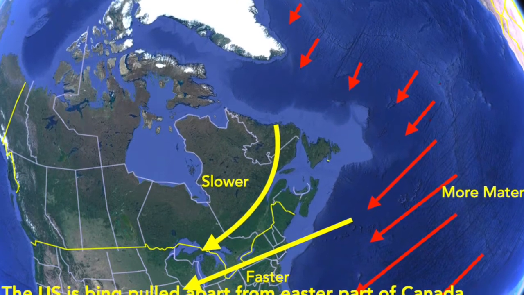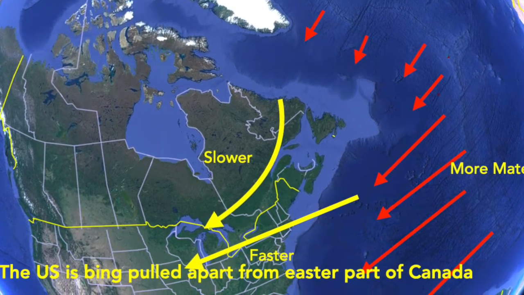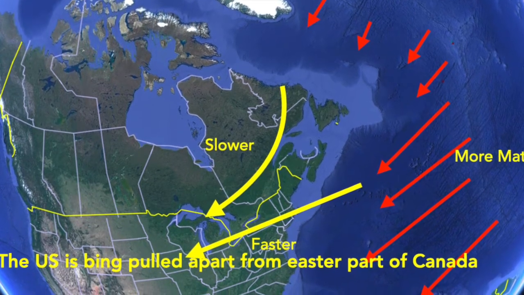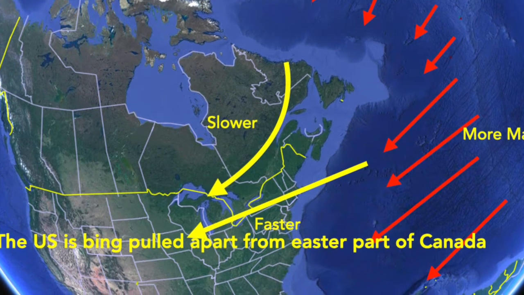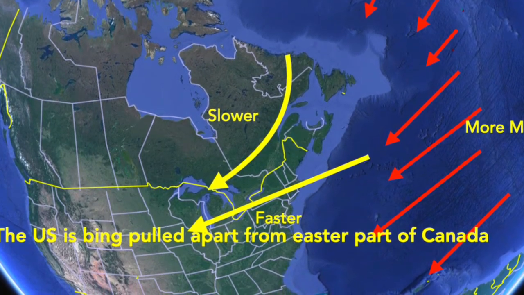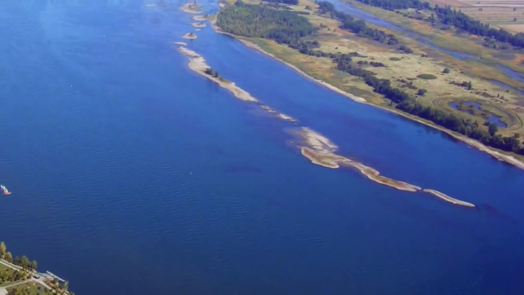The Mid-Atlantic Ridge at the North Pole produces tectonic material at a slower rate than the Mid-Atlantic Ridge in the southern region. The slower material traveling south is pulled apart by the faster material moving west. This has caused tearing and flexing of crust material between eastern parts of the United States and Canada. It is this tearing that created the St.